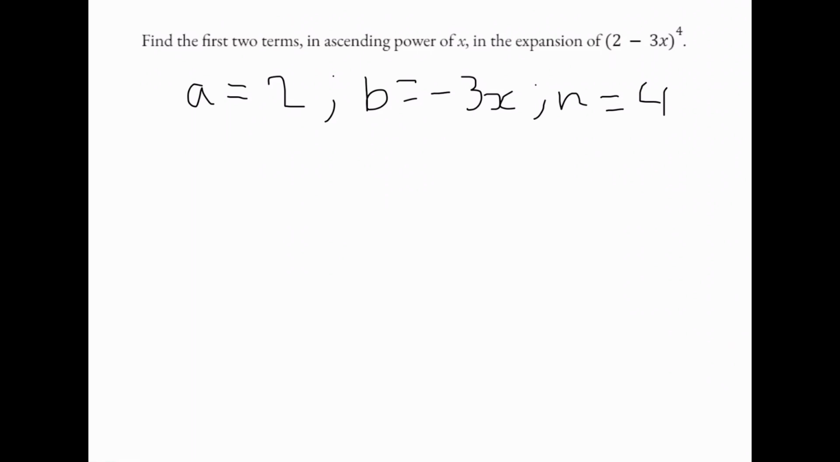So you want to look out for whether you should give your answer in ascending or descending power of x. In this case, it's ascending. For ascending powers, start with the constant term, a to the power of n. But for descending terms, you would start with a term with x in it. So let's substitute the values of a, b, and n into the formula. So we would get